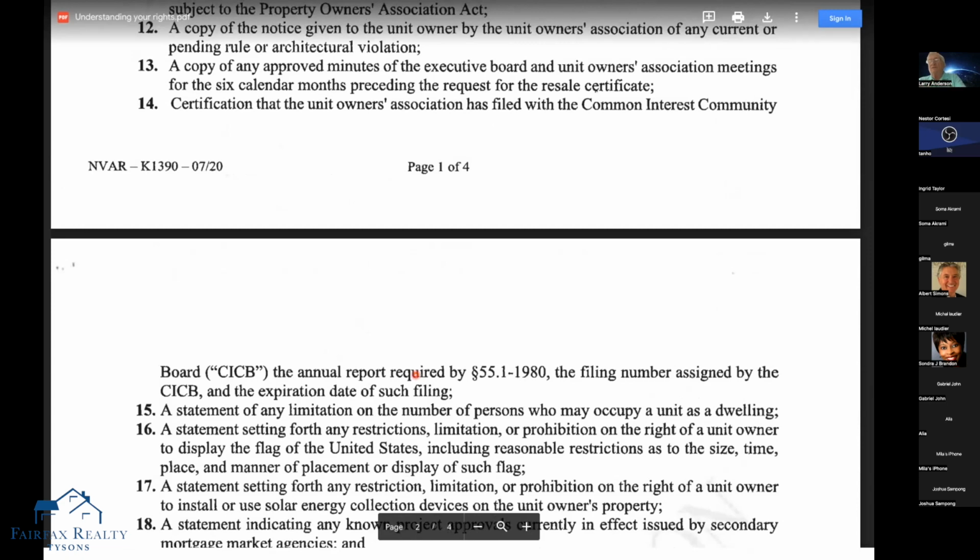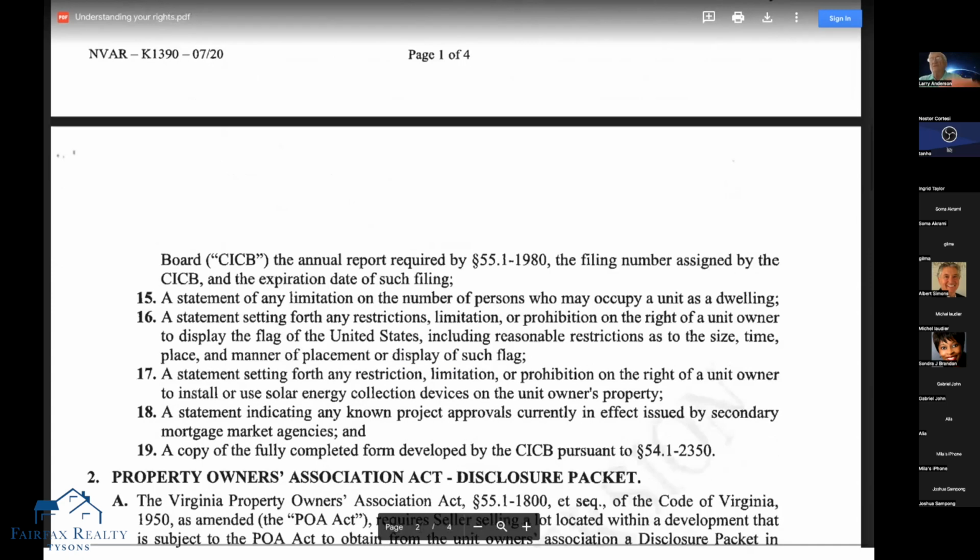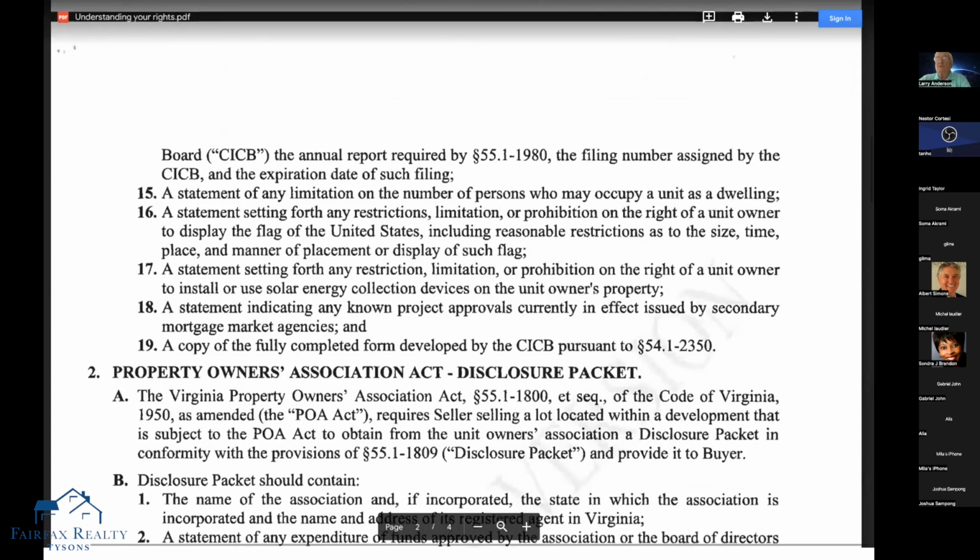Because if they haven't, then they can't enforce their rules, basically. So it's important to know that they have filed that. And is there restriction on the number of people that can occupy a dwelling? Now, it can't be in violation of fair housing, but they can restrict occupancy in flying the US flag, solar. Okay, so